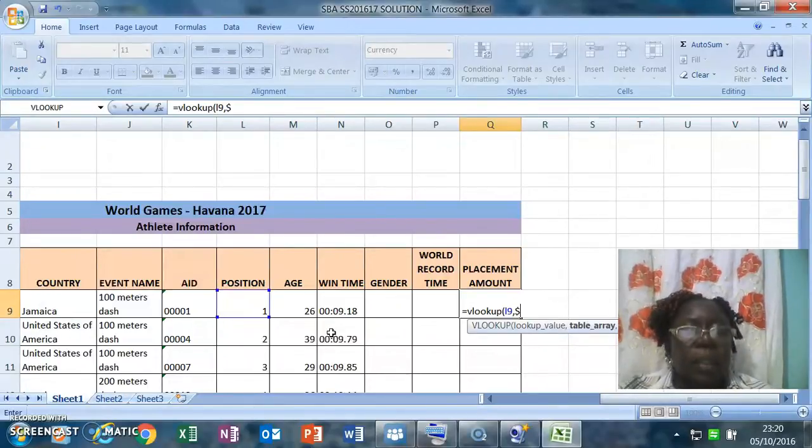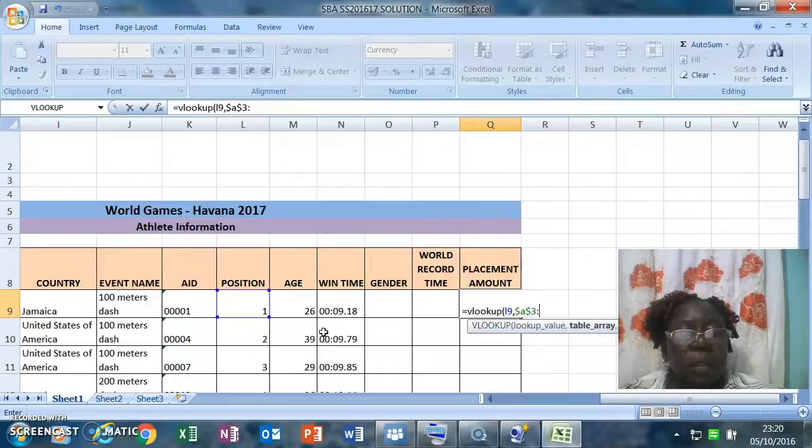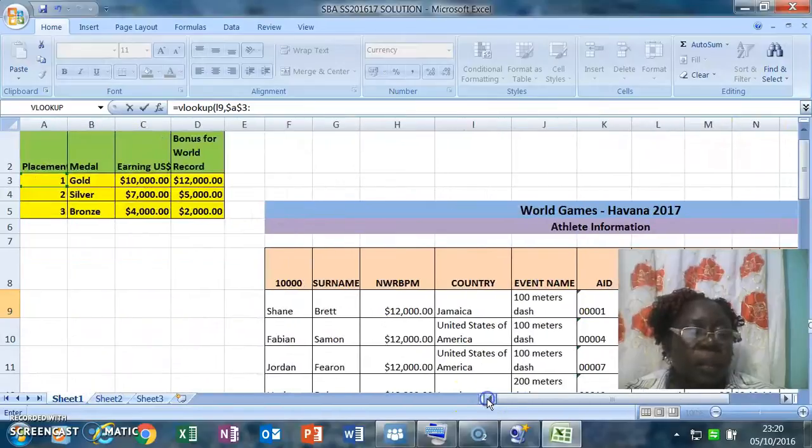That's $A$3, colon. That's the cell reference for the first cell in the lookup table. Let's scoot over there to look at it. Here we have 1, 2, 3. This is the beginning of the reference table. The range of cells for the reference table ends at D5. So we will type colon D5,